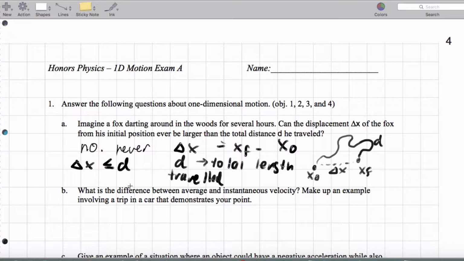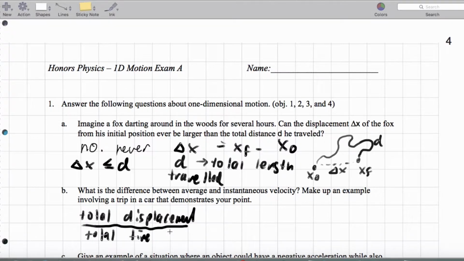Now, what's the difference between average and instantaneous velocity? Average velocity is the total displacement divided by the total time elapsed. Okay. In the instantaneous velocity, we're going to tighten up this definition. So the total displacement over the time elapsed is delta x over delta t. And the instantaneous velocity means the velocity